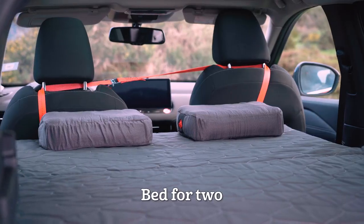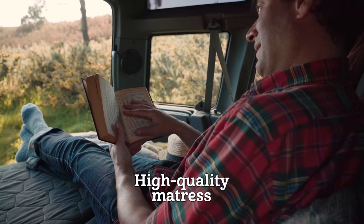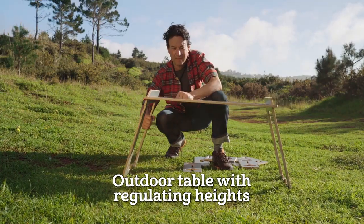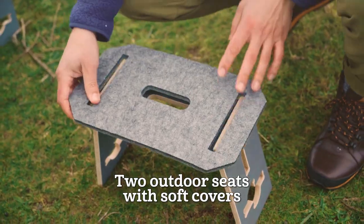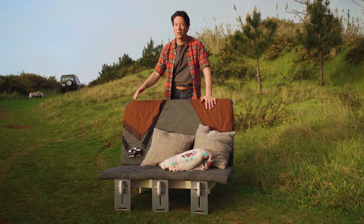You'll get a comfortable bed for two, high-quality mattresses, a slide-out countertop for cooking, an outdoor table with 2 different heights, and 2 outdoor seats with soft covers, and a full-size 2-seater outdoor sofa where you can comfortably enjoy the